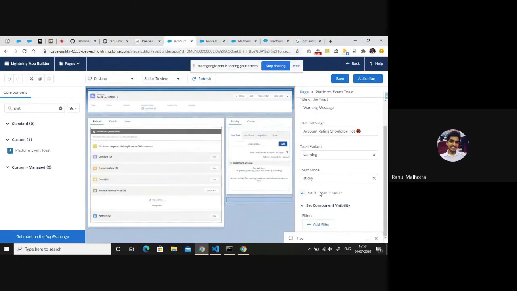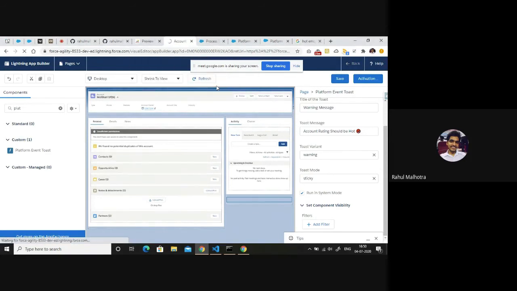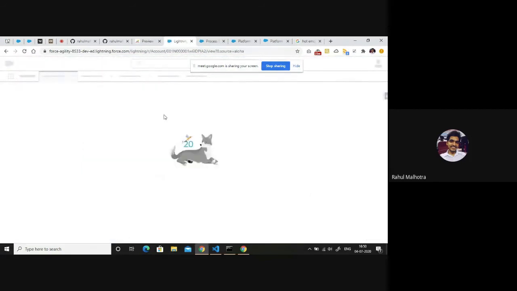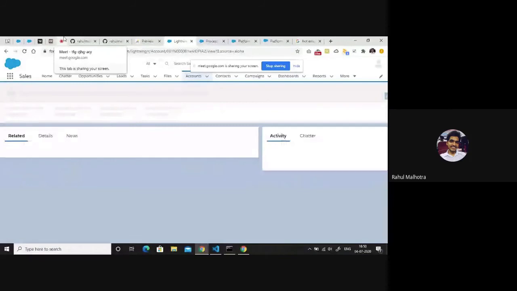And a good example of this use case can be when you want to have a utility bar in your Salesforce, and you want to make an org-wide announcement, let's say, that whenever somebody else is joining the sales team, you can simply pop up a success message over here, and you can show an announcement to all the users that are present in your org that, hey, this person joined our team today. So in that case, you can simply use the platform event toast to run in system mode, so that it's visible to everyone that is there in your org, right? That are having users in your org.